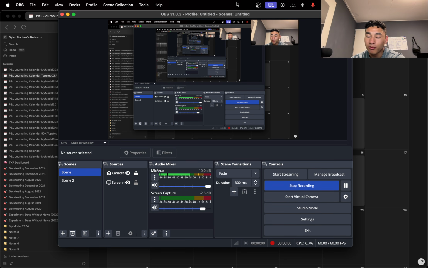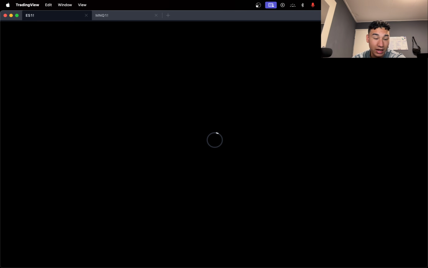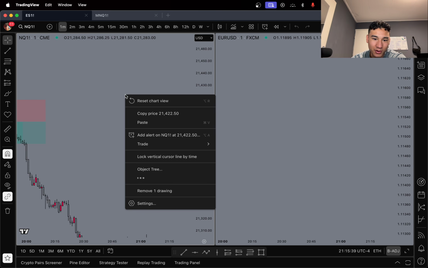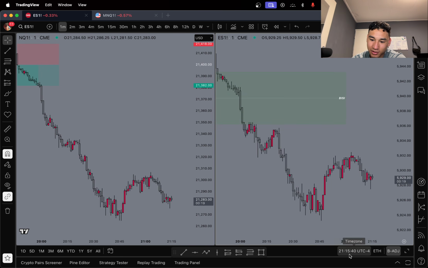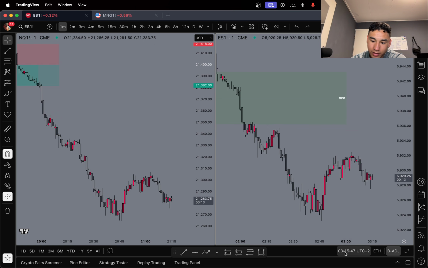This is a trade recap from Friday. So not from today, but from 2 days ago. It's now Monday. You can see the time, it's 3:15 a.m. So very, very late. I'm going to be trading the London session in a few hours, but I just wanted to do a trade recap from Friday because I want to drill on my